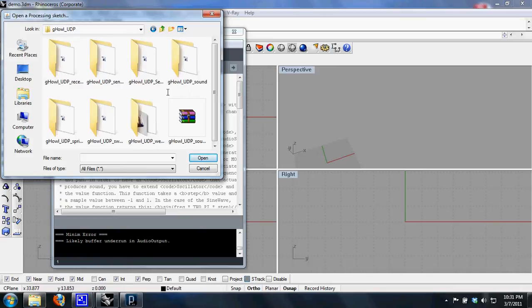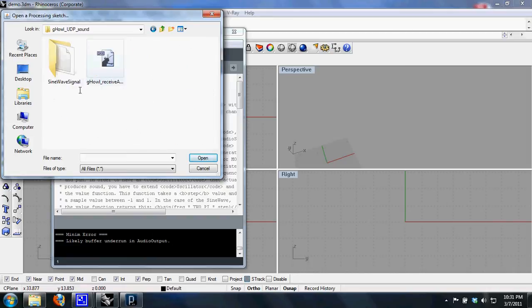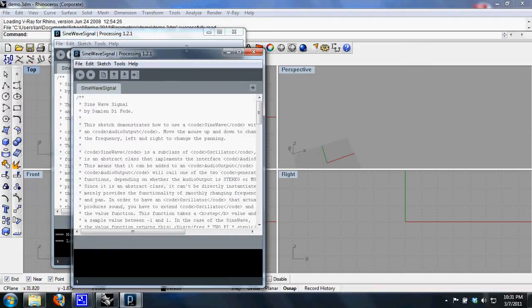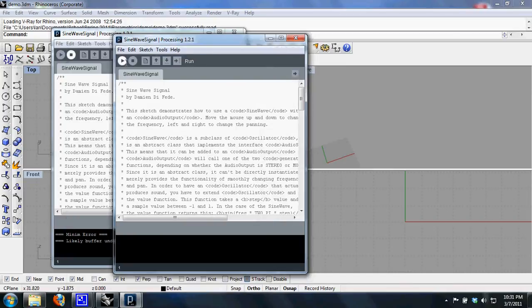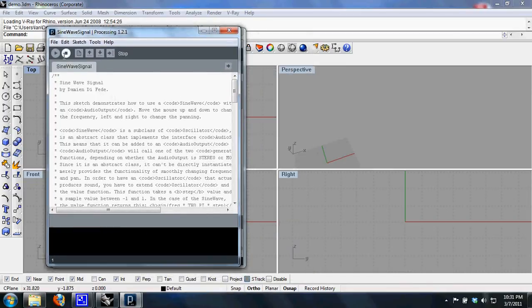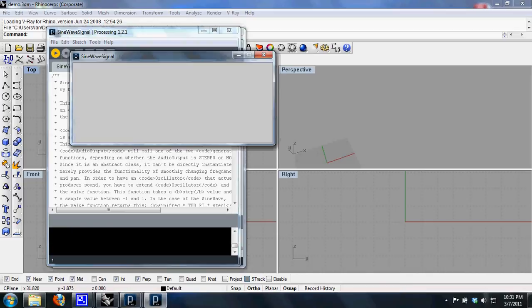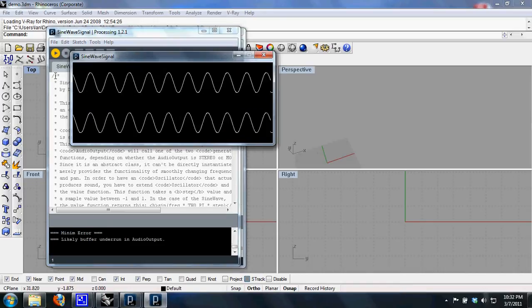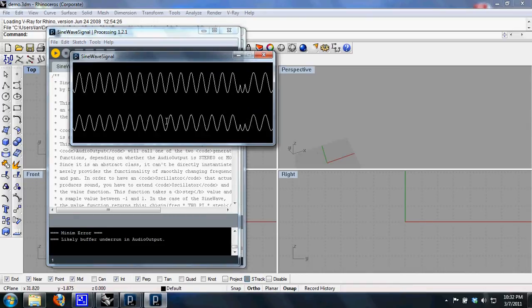If we open up sound, you can see a Grasshopper definition that I'm about to load up in Rhino, and we have a folder as our Processing script. Now this is exactly the same script that we just saw, slightly modified so that it will communicate with gHowl. So here are our sine curves, right? So it works the same way, but when we open up our Grasshopper definition,